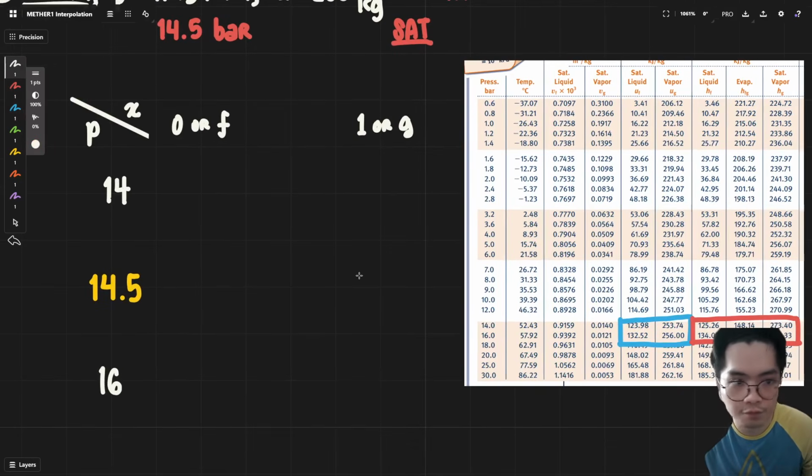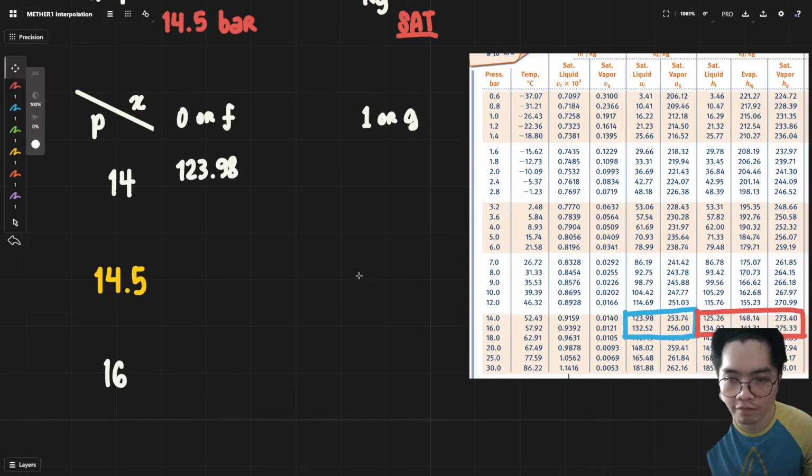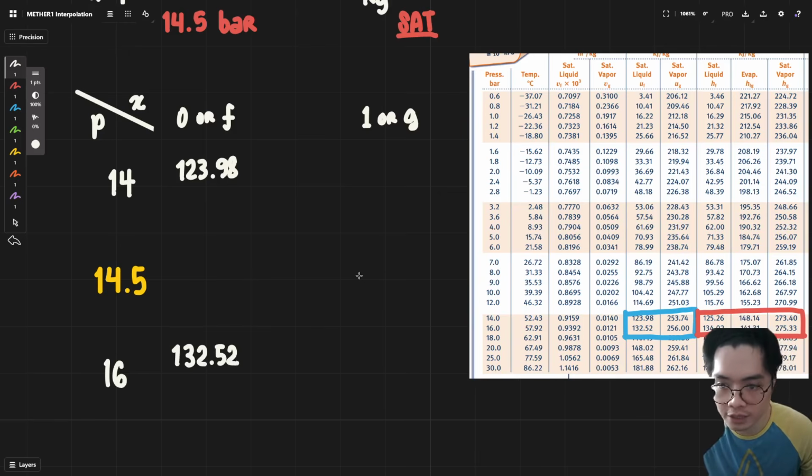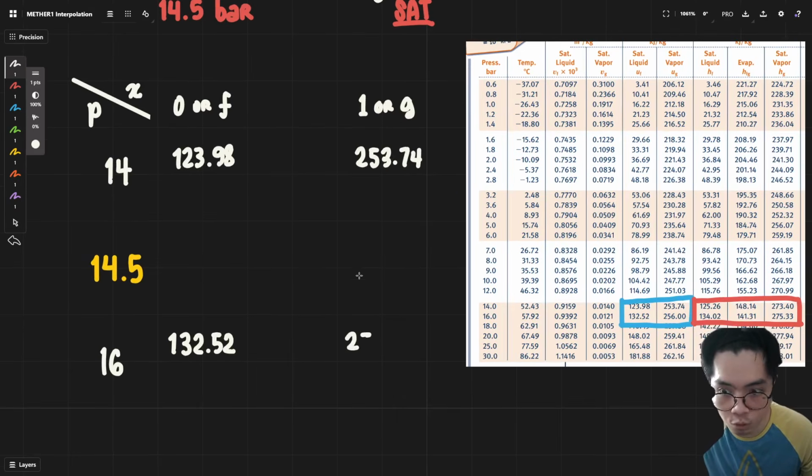Your UF for 14 bar will be 123.98. Your UF value for 16 bar is 132.52. Okay, so for your UG values at 14, that will be 253.74, and for 16 this will be